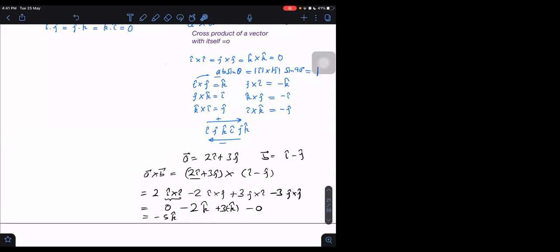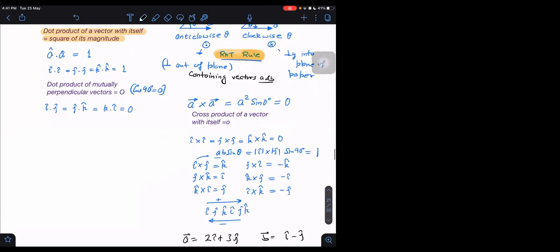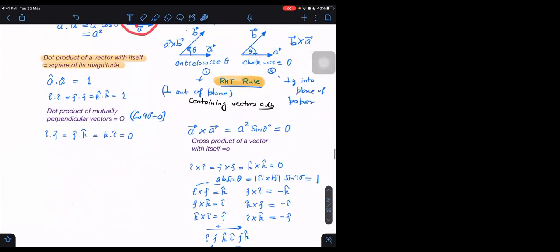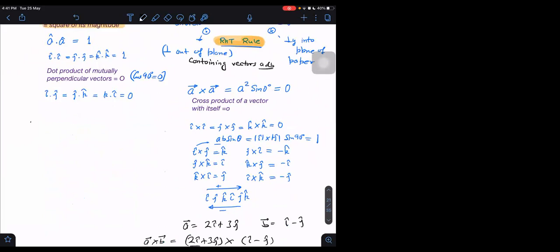Okay. Similarly, if I have to take the dot product, then dot product is much simpler. I have to just take magnitude of first vector into magnitude of second vector into cos theta, where theta is the angle between them. This I will do if they are giving us diagrams and angles. But if they are not giving us a diagram and angle, instead they are giving us vectors, let me take a as 2i plus 3j, and b is given as i minus j. Then how to take the dot product?